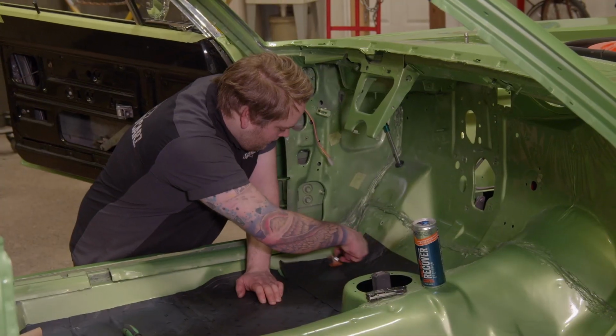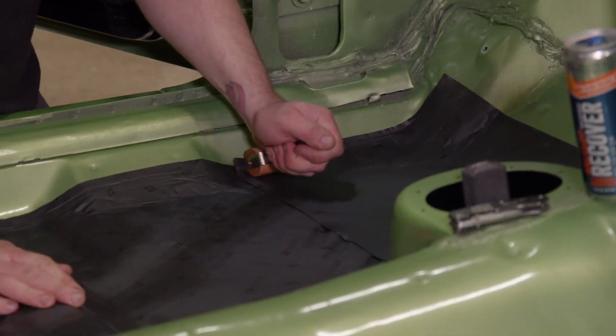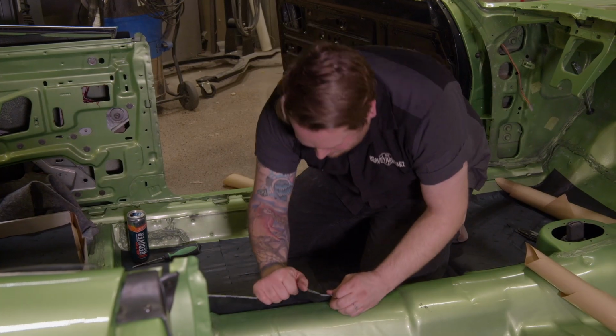But use the roller, use the screwdriver, you can get it to lay down really nice and flat. We're putting it in there because it's today's technology that they didn't have back in the day. Now, we put it in areas of the car that you cannot see once the carpet and the trunk mat are in there. We don't put it on the sides of the quarters where you'll see it, because I think